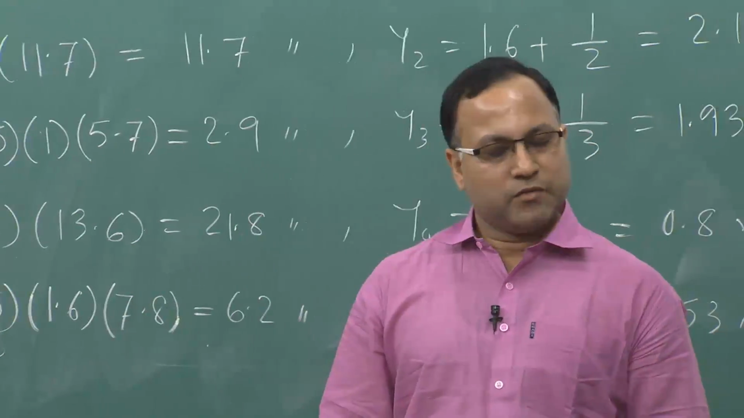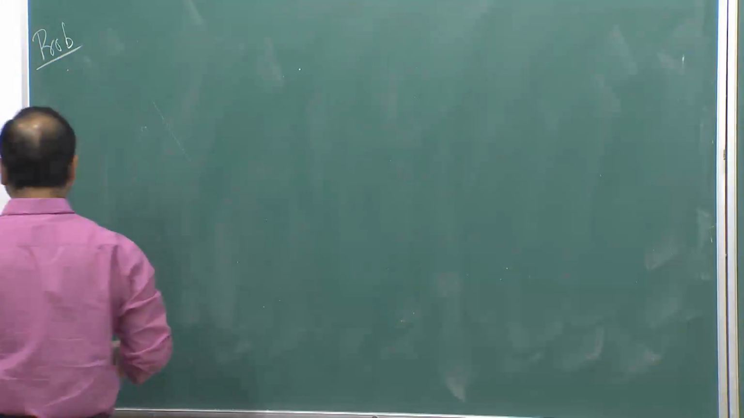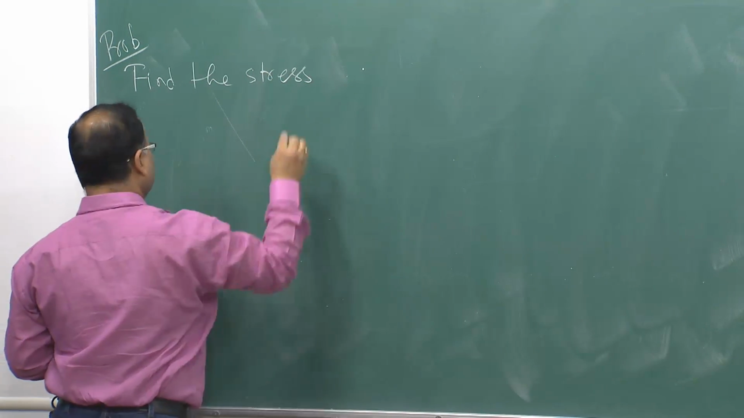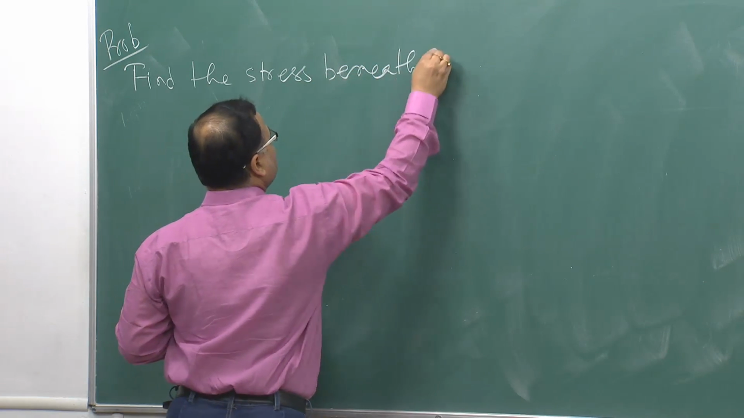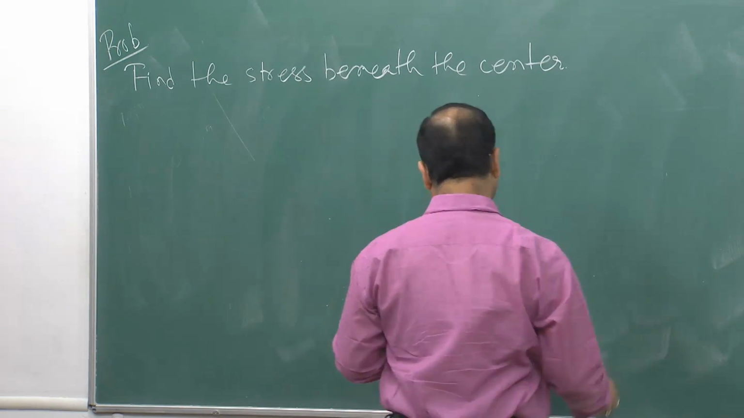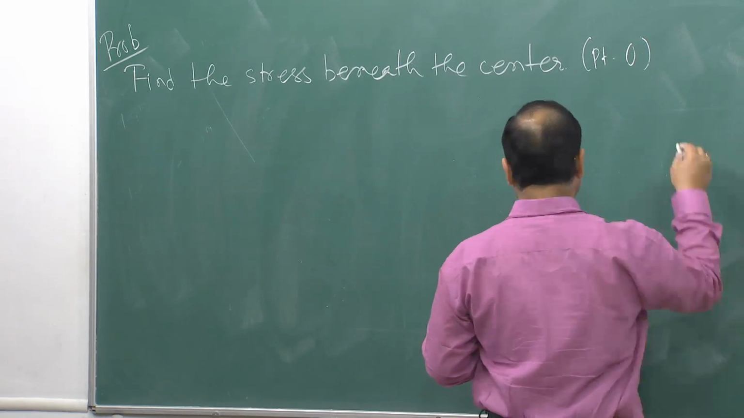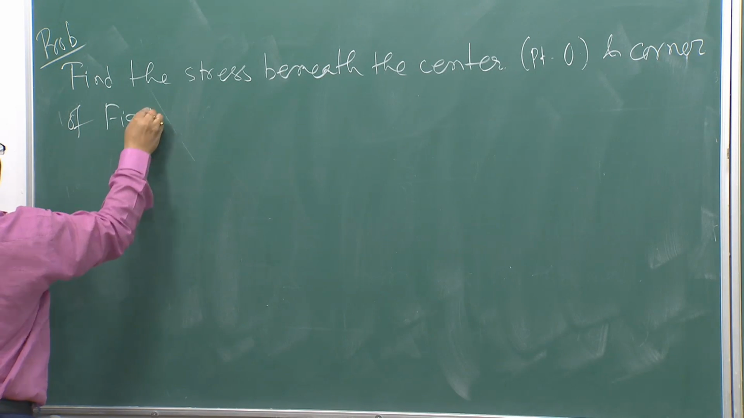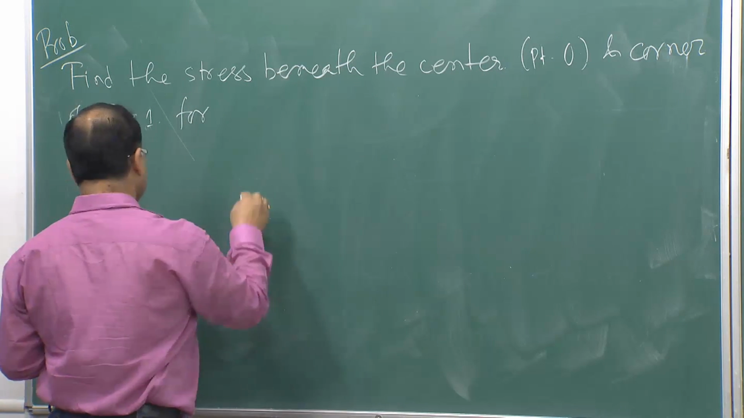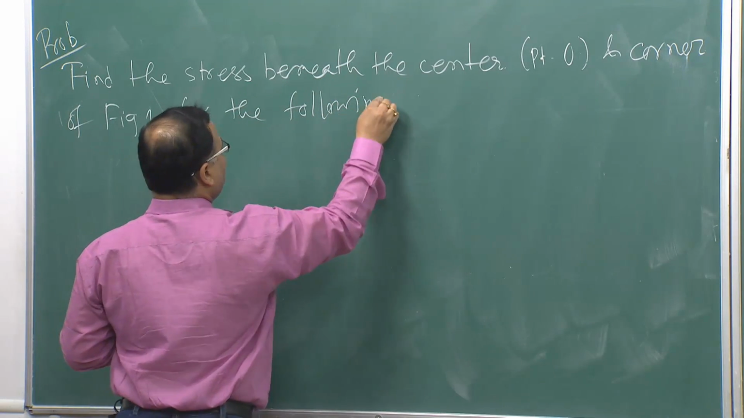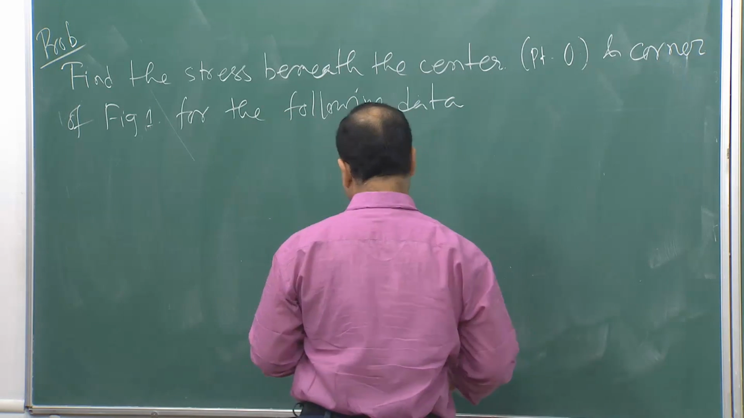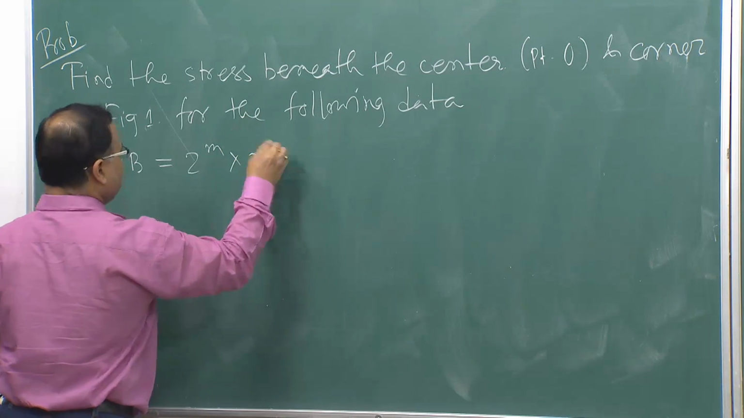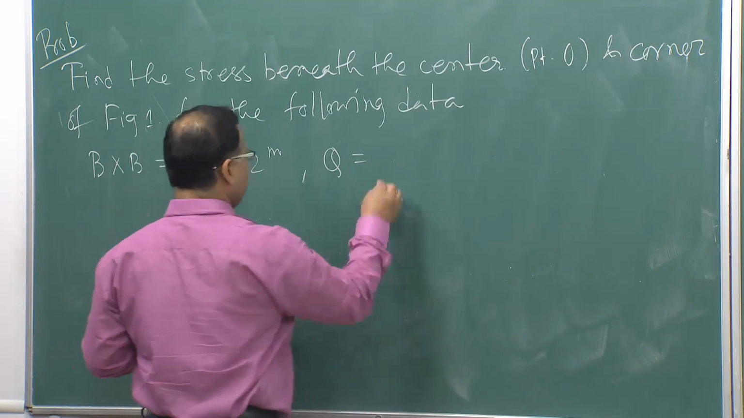Now, we will be taking a few numerical problems on stress distribution in soil. So, the problem on stress distribution: find the stress beneath the center, that is point O, and corner of figure 1, which I will be showing now, for the following data. What are the following data? That is, the area is B by B, which is nothing but 2 meter by 2 meter, and total load on that area, capital Q, is 800 kilonewton,